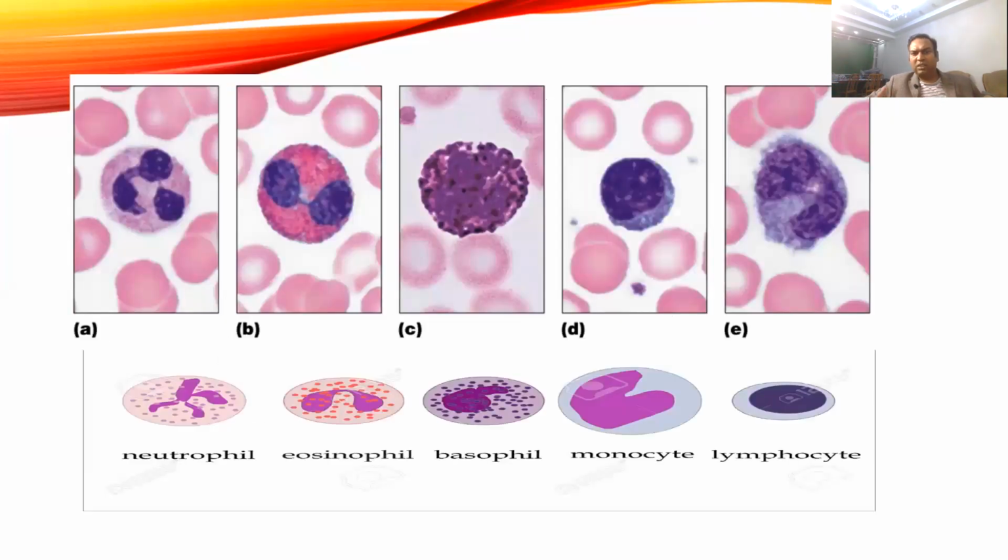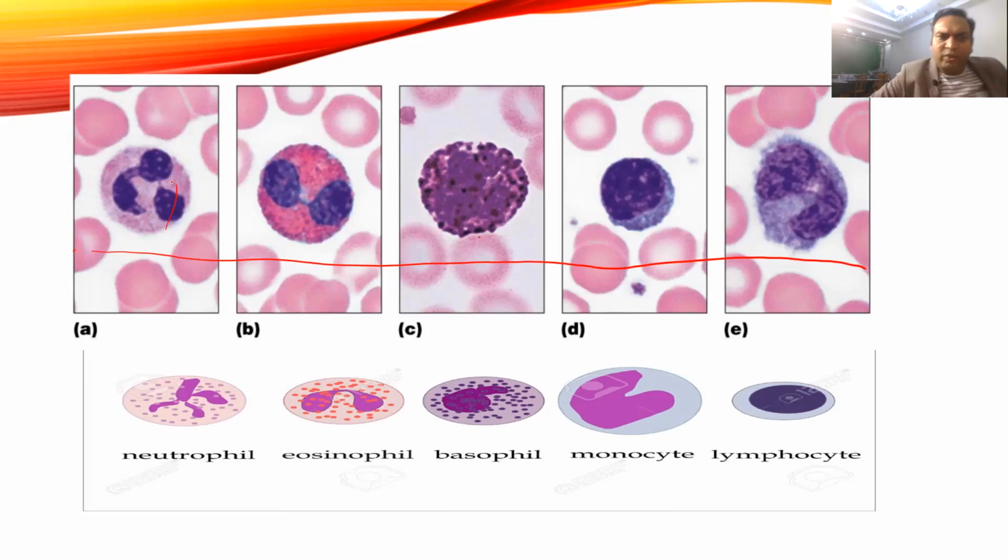Okay, so this is the comparison. These are the representative pictures. This is how you will actually see them under the microscope. So these are the diagrams where you can see the various cells. If you see this neutrophil, a three-lobed neutrophil, which has very fine granules that don't disturb the size and shape of the nucleus. And if you compare them with the RBC size, so this is the RBC size. These are a little bit larger than the RBC.